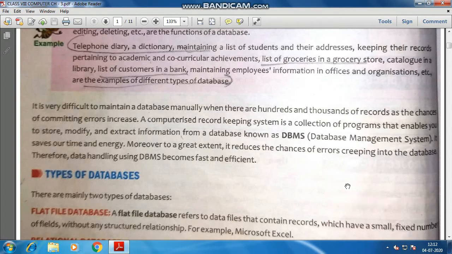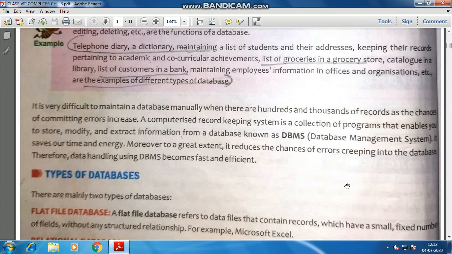It is very easy for DBMS software, where these kinds of errors creeping into the database can be overcome. Therefore, data handling using DBMS becomes fast and efficient. This term is known as data handling: comparing, reducing the chances of errors, and duplication errors.